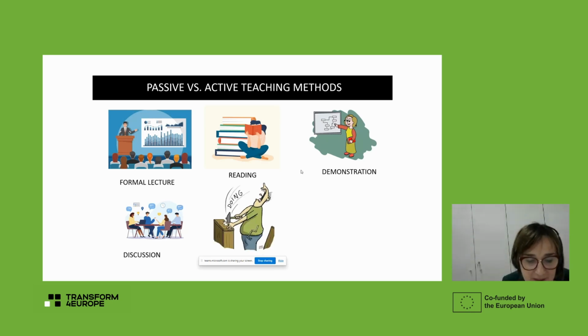Then we have, of course, learning by doing, making learning more personal, more meaningful. Very important, learning by doing encourages better retention, better recall of the material studied. It also enables storing what is learned in long-term memory. Very important this. So including active learning by doing in our teaching makes a lot of sense.